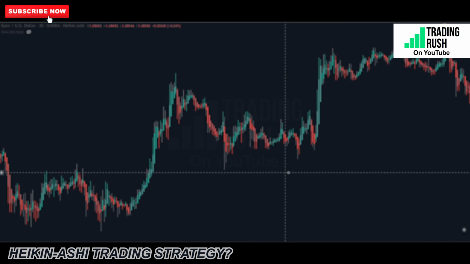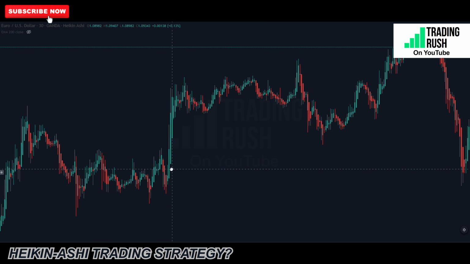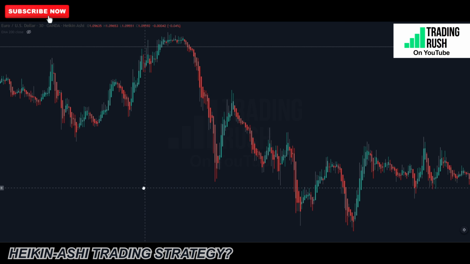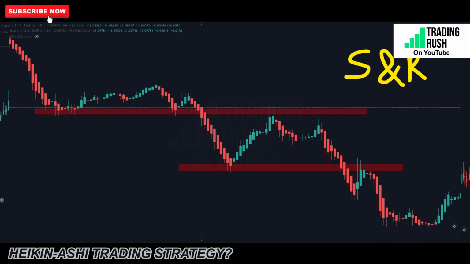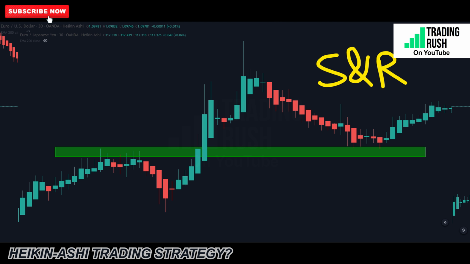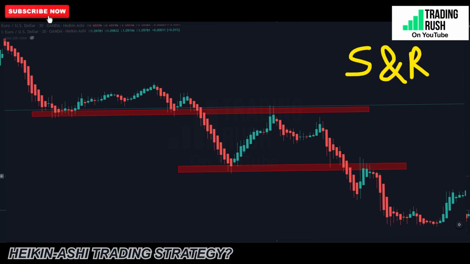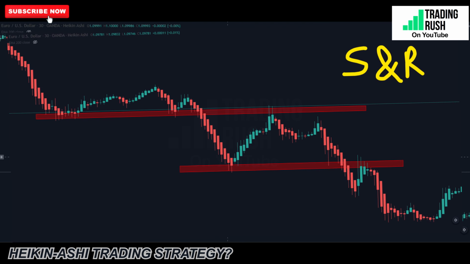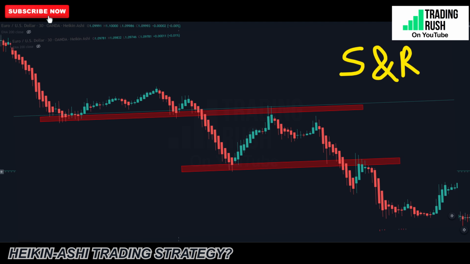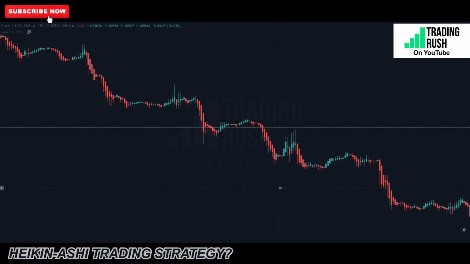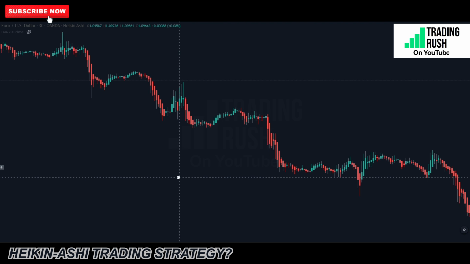Like I said before, Heikin Ashi is good for identifying the strength and direction of the trend. You can use it to identify weakness of the trend at the support and resistance levels. If you want to enter a long trade at a support level, you can wait for the Heikin Ashi candles to show weakness or trend reversal sign at your support levels. And once you are in trade, use Heikin Ashi to analyze the strength of the trend. If the strength is not weakening, you can stay in the trend for a long time. That's all. Now you know how to use the Heikin Ashi candles properly,